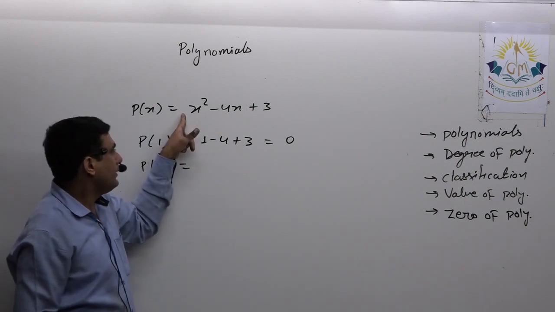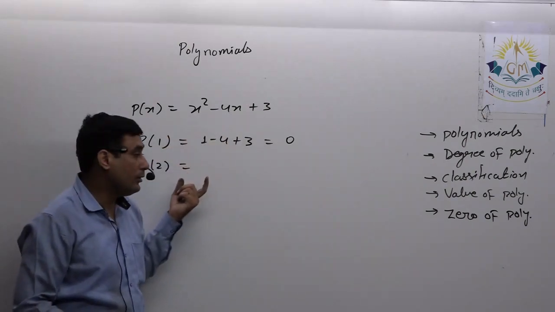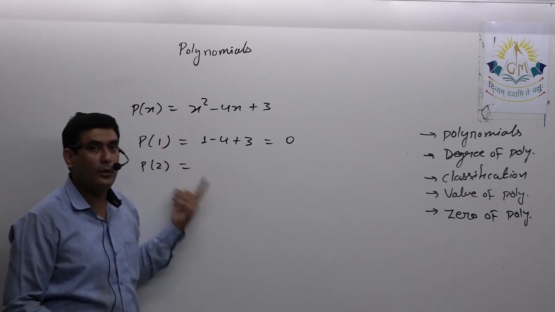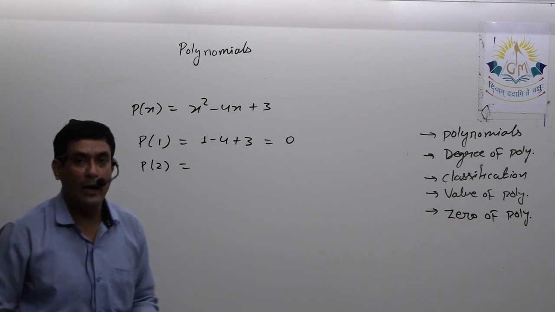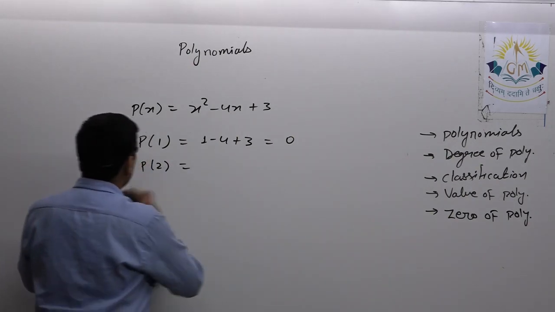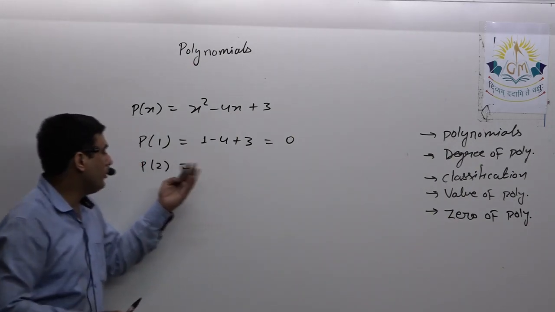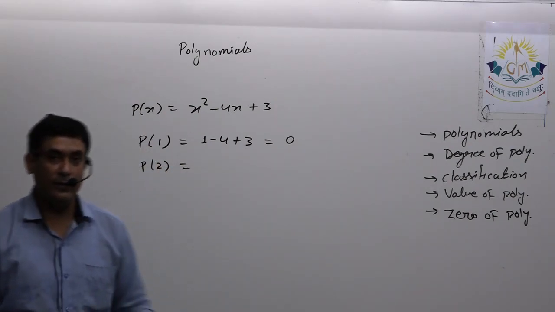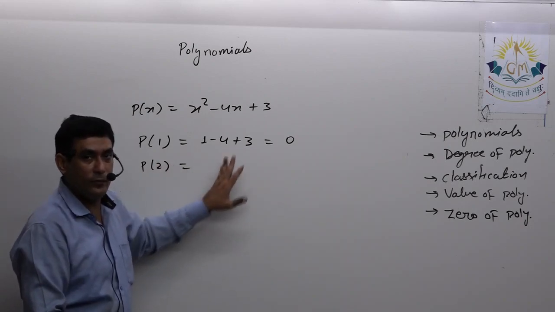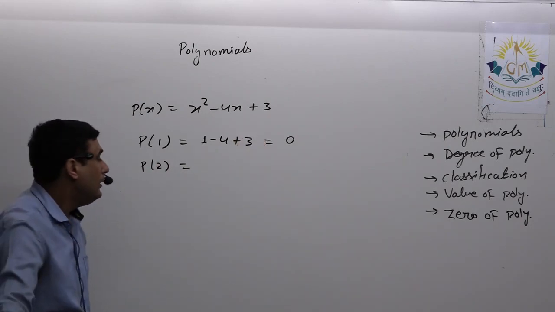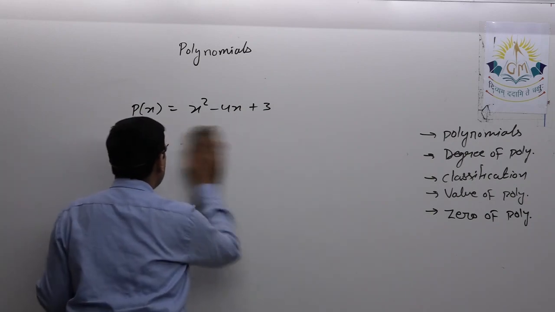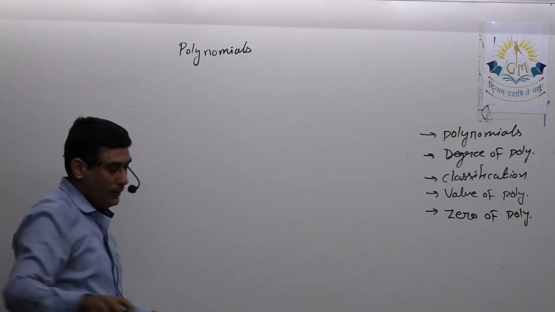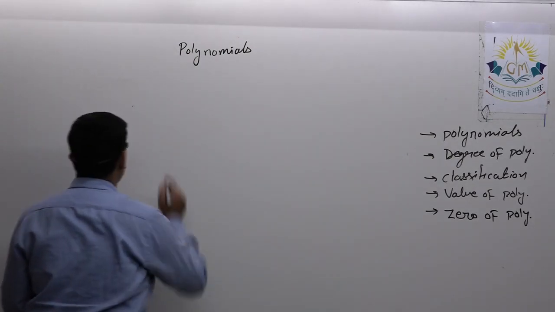But suppose here it is 2x square and here it is 9, then it is not necessary that you will get integers or whole numbers as the zero of the polynomial. Then how do we determine the zeros? Because if I want to get the zeros of a polynomial by putting in values, there are infinite possibilities, so many values I would have to check. So there must be a way by which we can find the zero of the polynomial directly. So now we'll see how to find the zero of a polynomial.